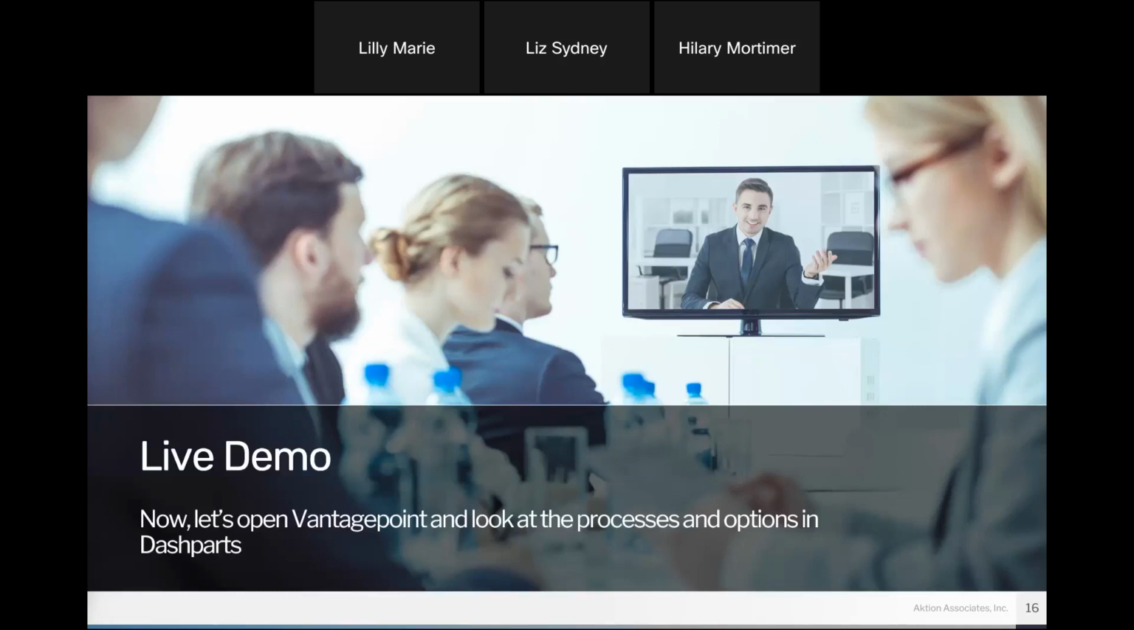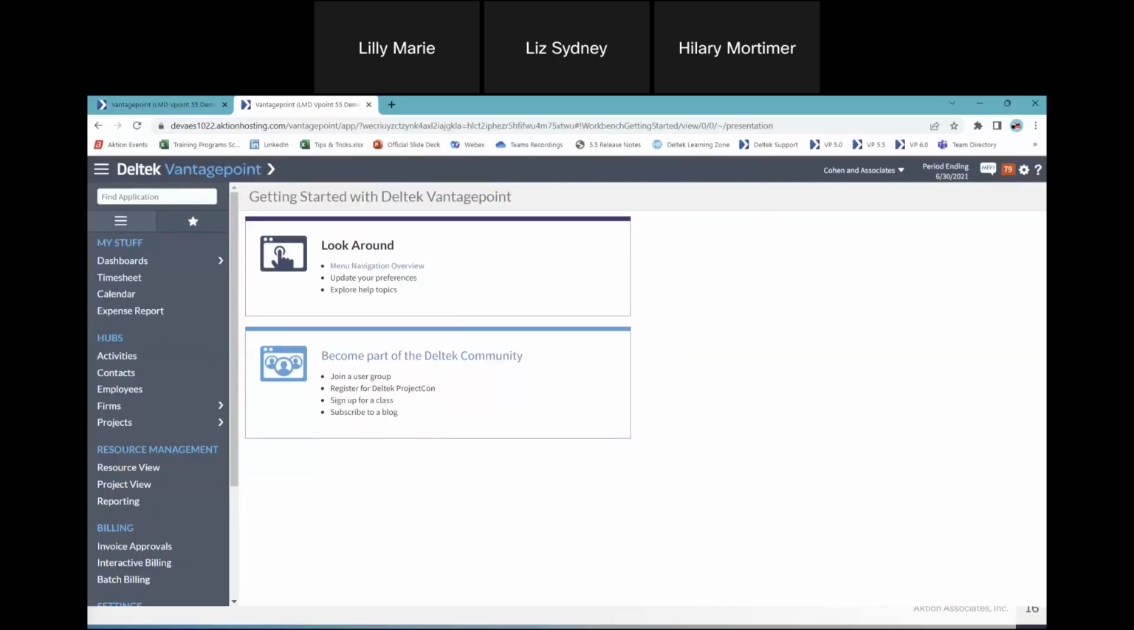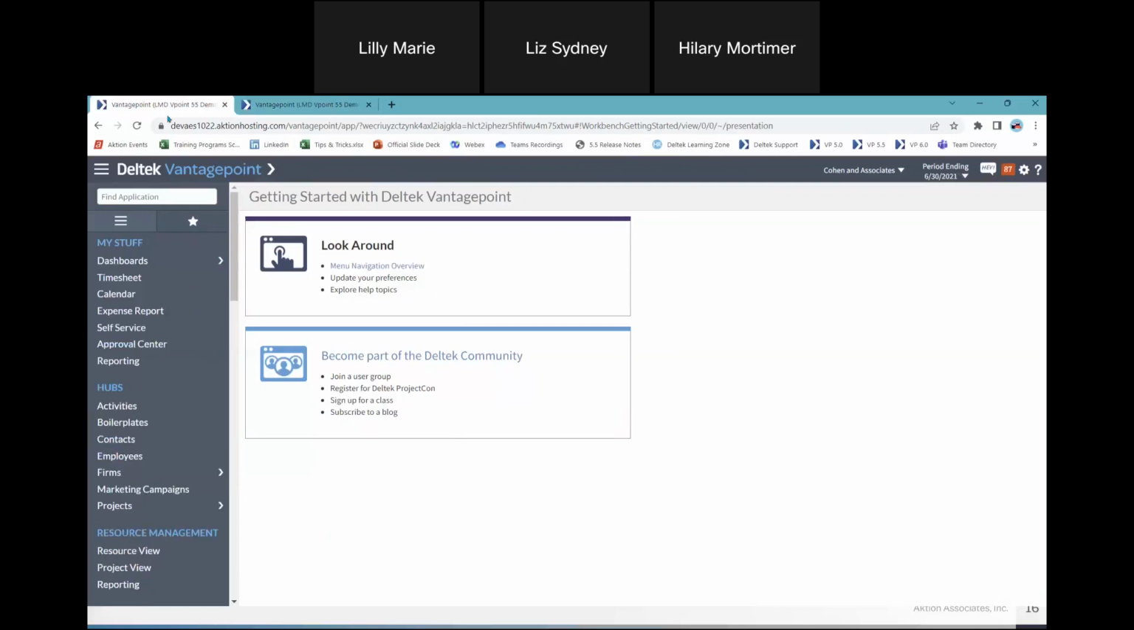Let's do that live demo. I already have my Vantagepoint open. I have it open in multiple views actually. So in this view, I am a project manager that is logged in, but in this one, I am an